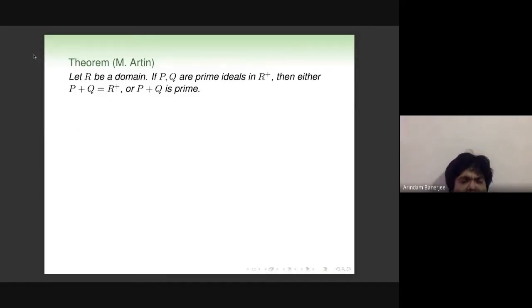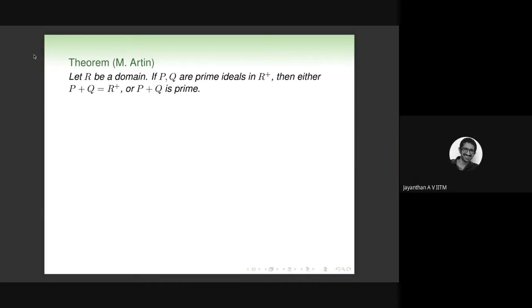The next property is an interesting theorem by Michael Artin. It says that if R is a domain and P and Q are prime ideals in R plus, then either P plus Q is R plus or